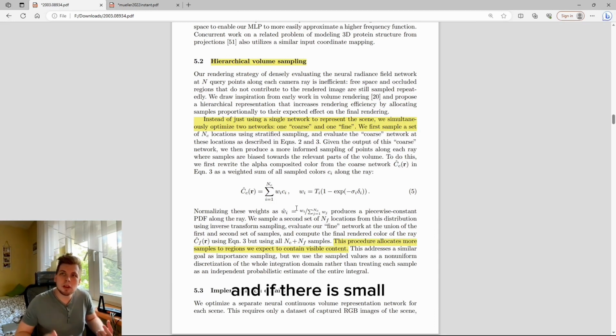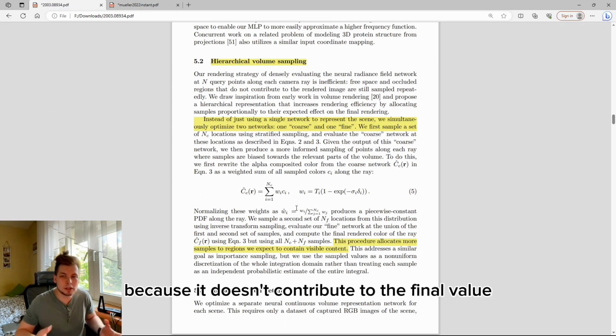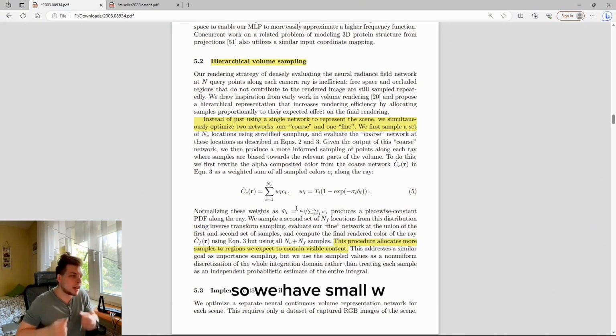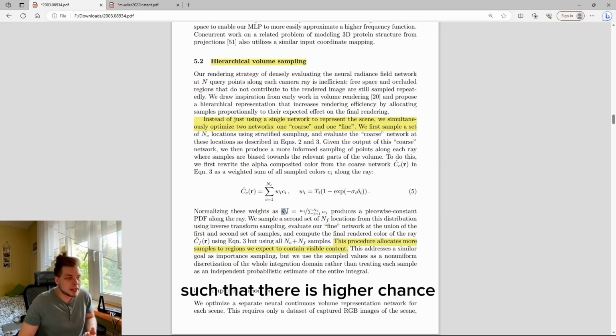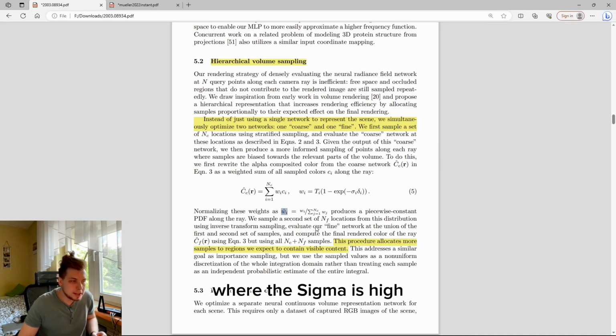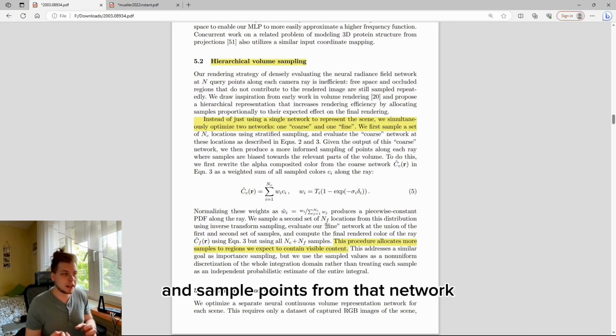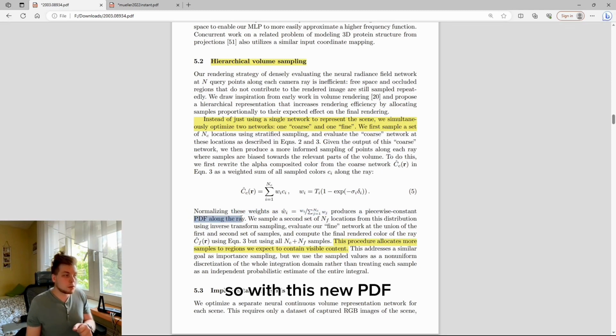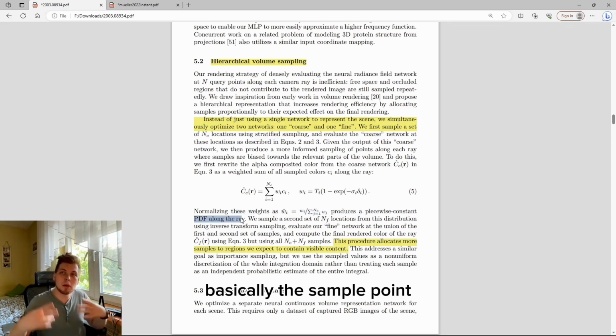And if there is small sigma, then we don't really care about the point because it doesn't contribute to the final value. So we have small w, so small weight, right? So then they produce a piecewise constant PDF along the ray such that there is higher chance to sample a point from the place where the sigma is high. So then they use the second network that they train in parallel and sample points from that network using this new PDF. So with this new PDF, basically, they sample points specifically from along the ray where the sigma is